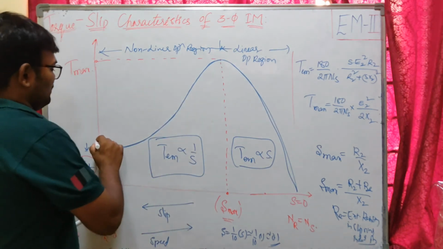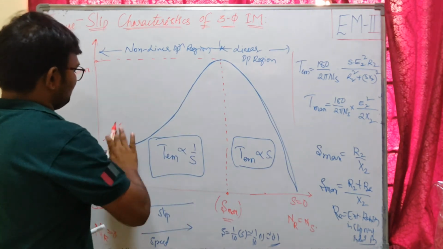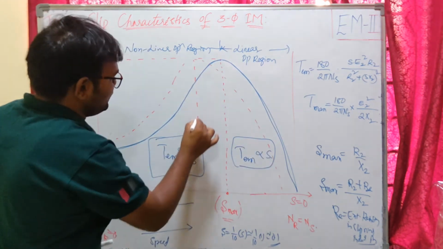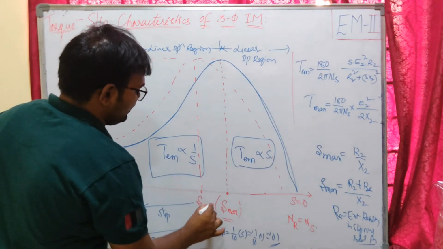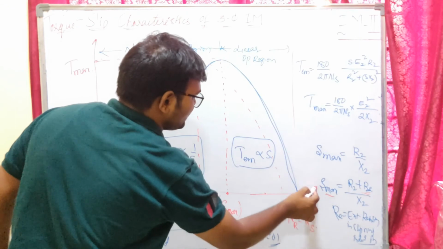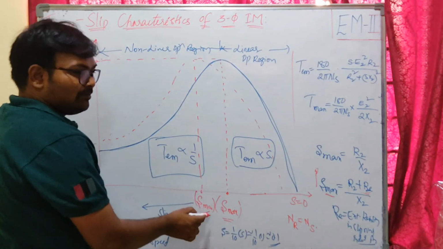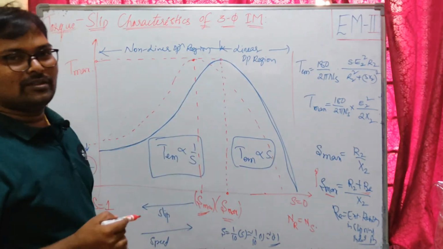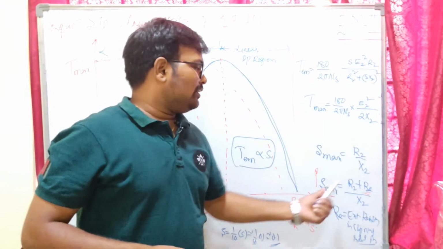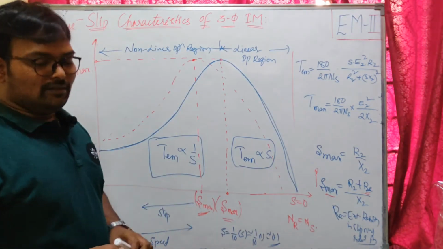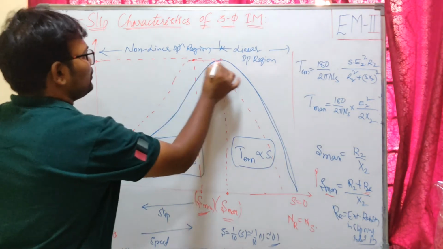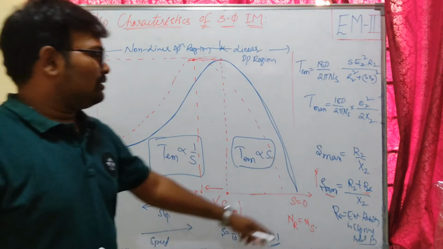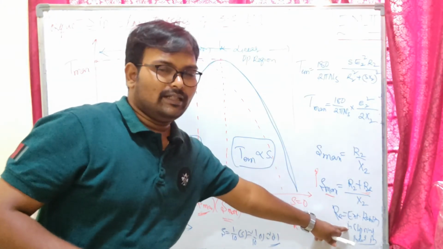So our T max will shift to another point whenever there is a shift in maximum slip. Due to the external resistance my slip value changed. So due to the change in maximum slip value, the occurrence of the maximum torque point also changes. Initially it was here, it will shift to this position. Our external resistance will shift the occurrence of maximum torque, but it cannot change the value of maximum torque. You can see these two are the same values, but the position is shifted. This is about the external resistance that can be added using slip rings in a slip ring induction motor.